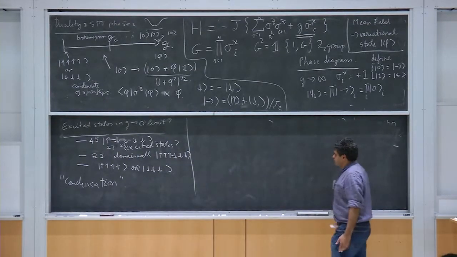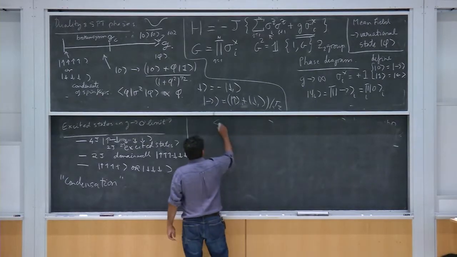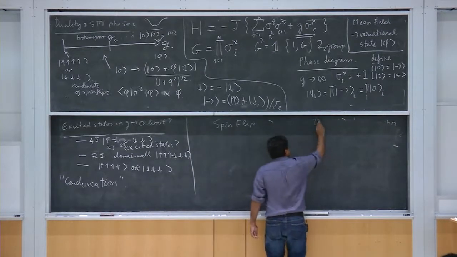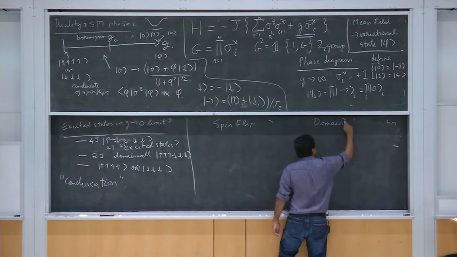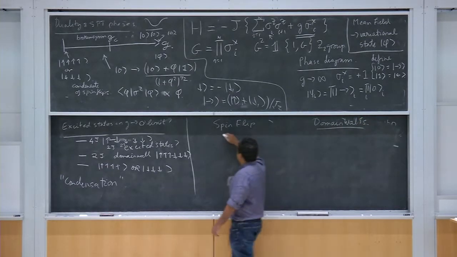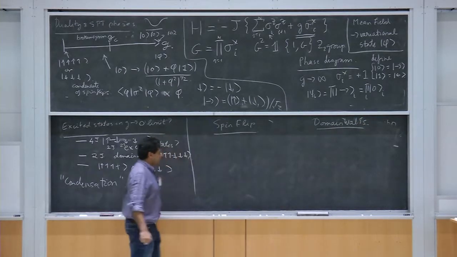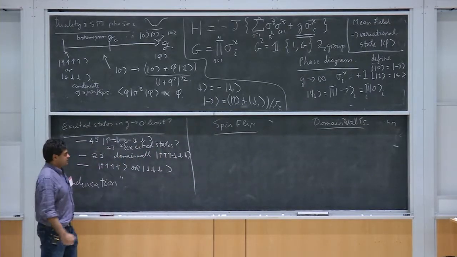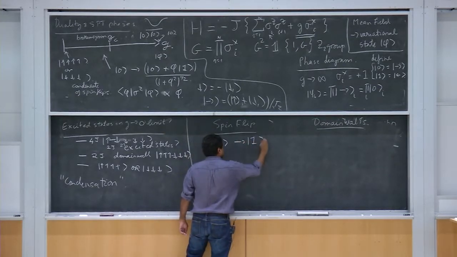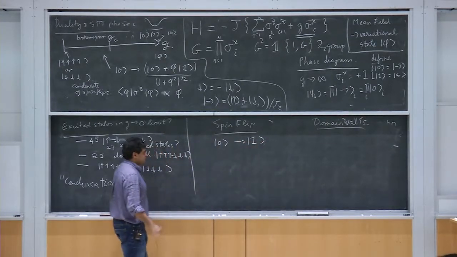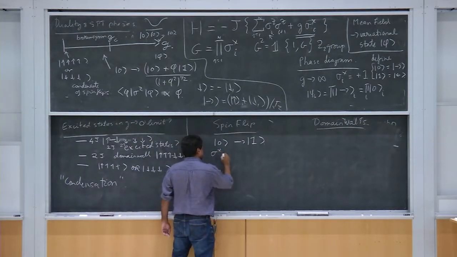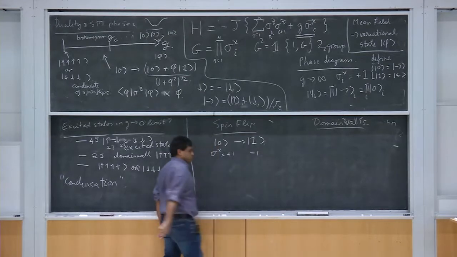Okay, so to develop that further, let me write down the analogy between spin flips. What are we really after, to make this more precise rather than drawing pictures? At spin flips, we said that we have this state 0 and it goes to a spin 1, goes to 1. Basically the sigma x eigenvalue is different. Okay, so sigma x went from +1 to -1 in this process.